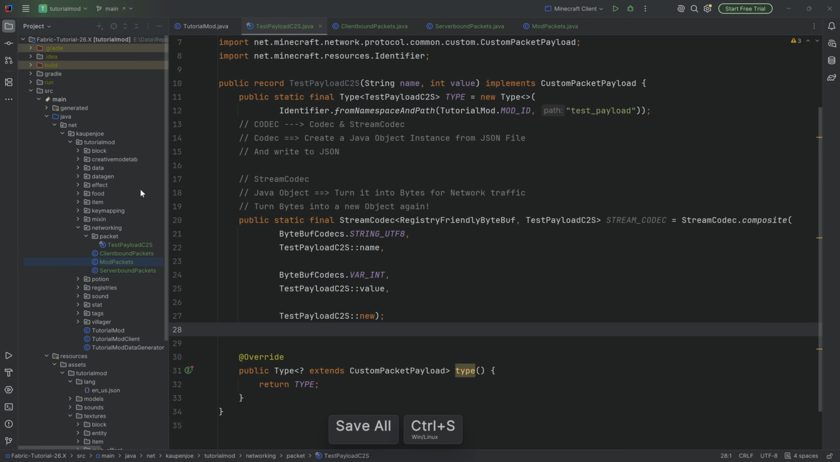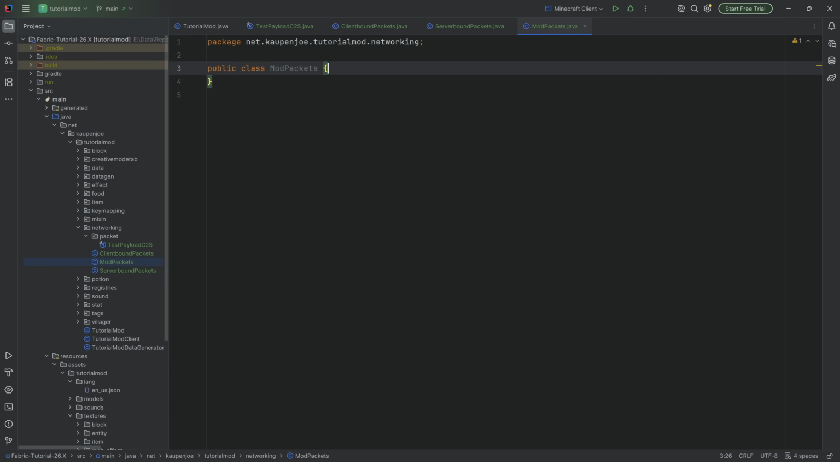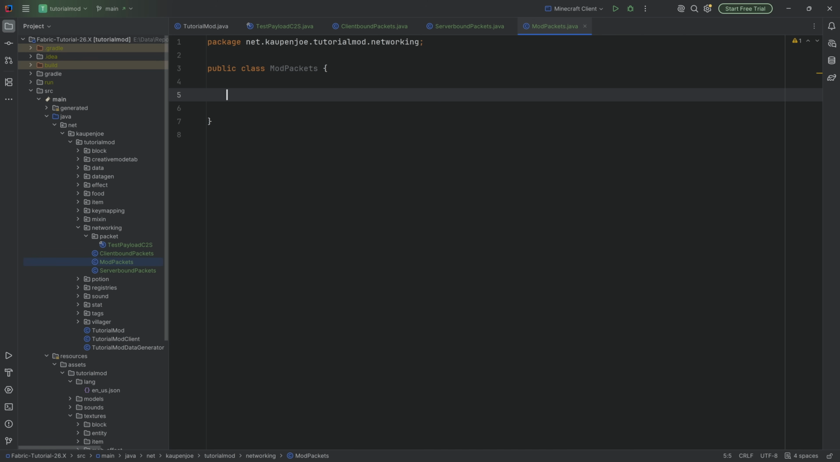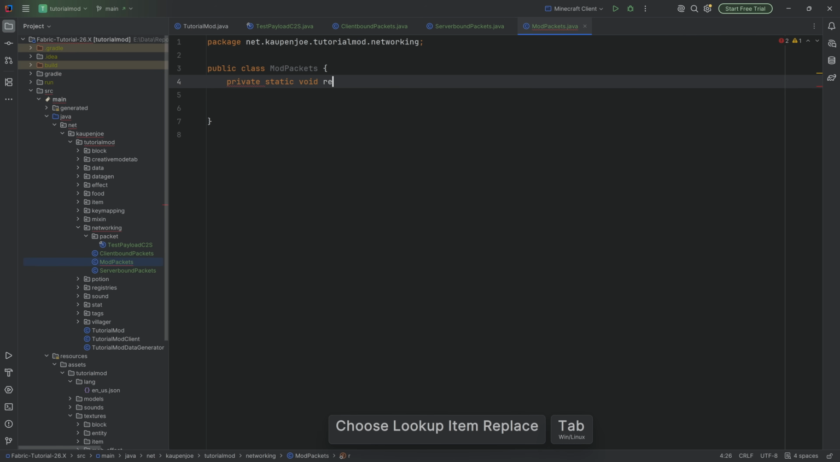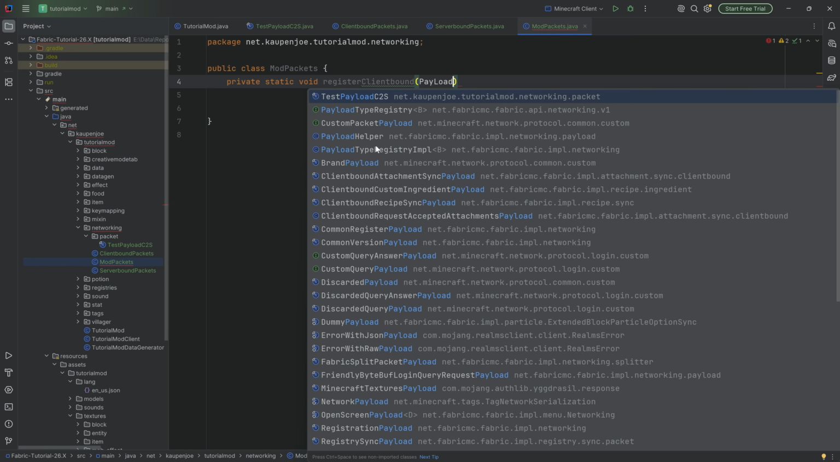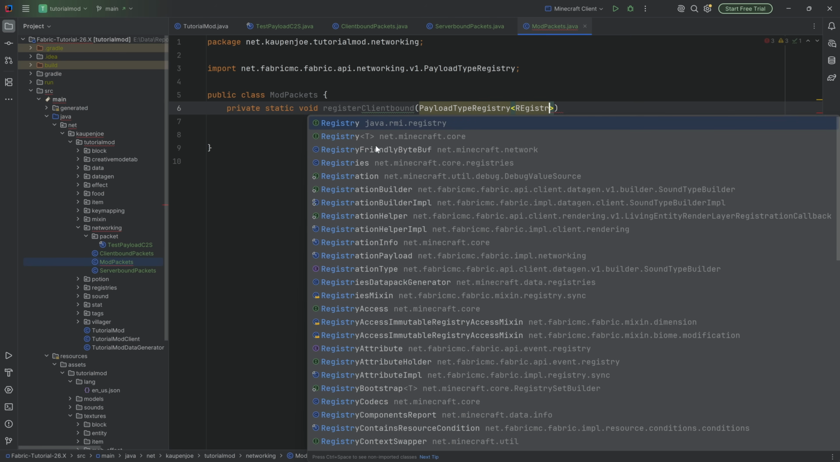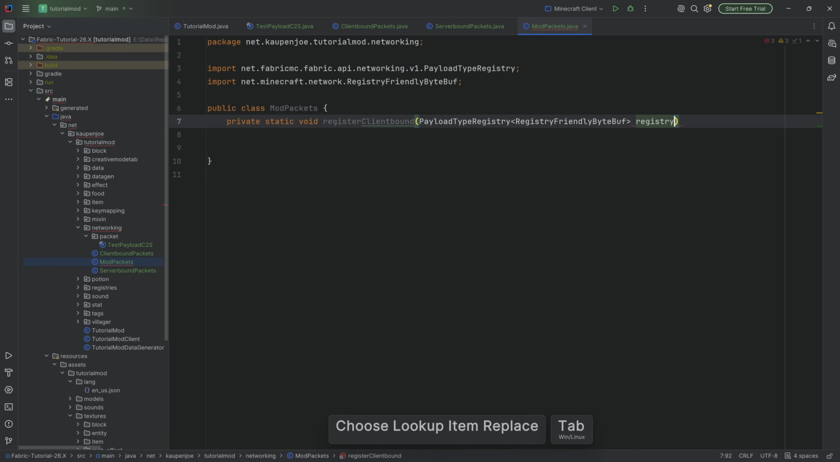With that being done, we can register the payload over here in our ModPackets. So the ModPackets are going to look kind of like this. We're going to have 3 methods. The first one is going to be the private, and we're going to actually start with that. Private static void registerClientBound, and this is going to be a PayloadTypeRegistry of type RegistryFriendlyByteBuf. Yes, there we go. This is going to be the registry. Now this one is going to be kept empty because